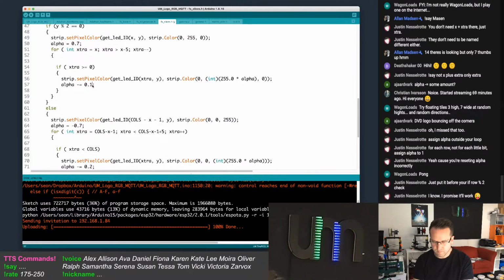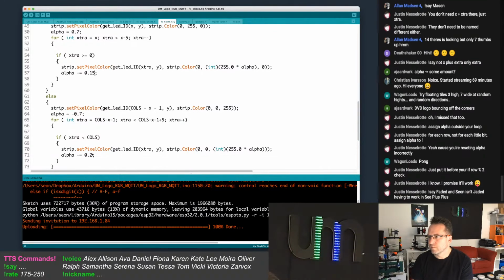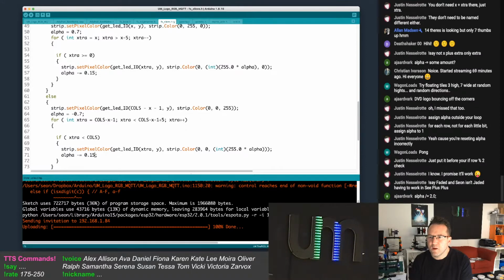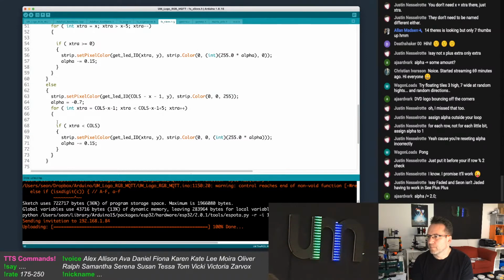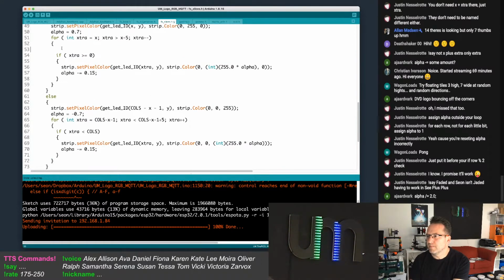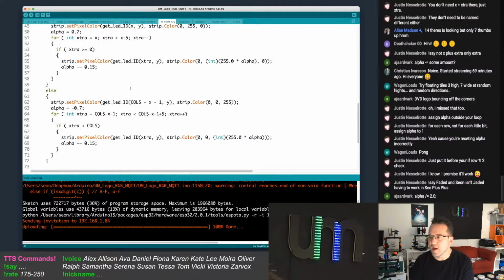Justin Nusselrod says faded and cyan isn't jaded, having to work in C++. Faded and cyan isn't jaded. Okay, you said C++. What does alpha divided equal 2 do, AJ? What's that going to give me as a result? And these are terrible effects, I know that. It would also be really cool if it was a random amount on each one.